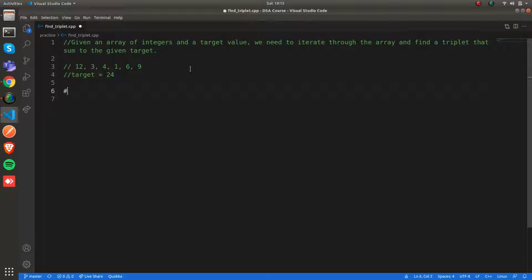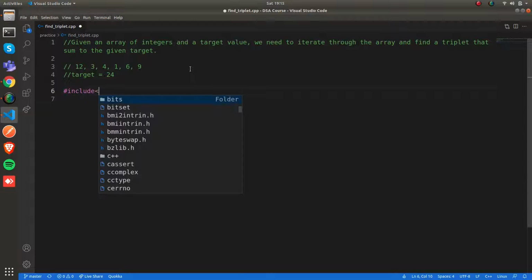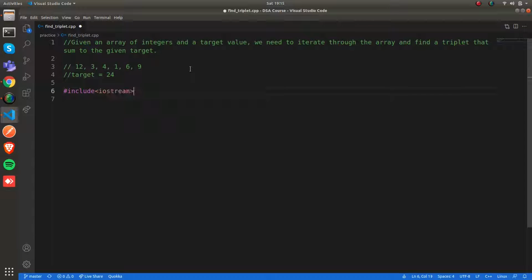write code in C++. So let's include some required libraries, like iostream.